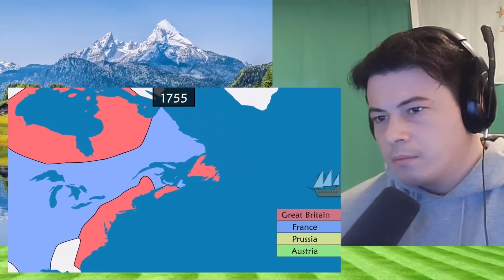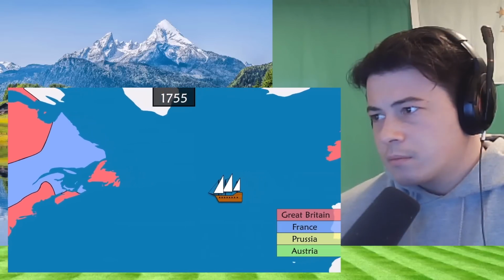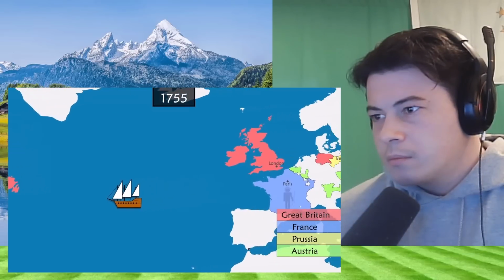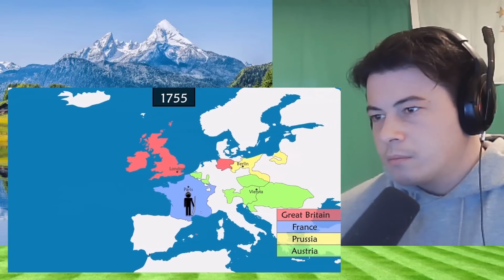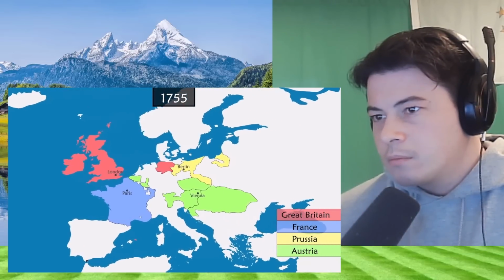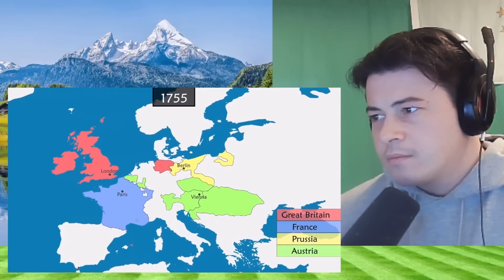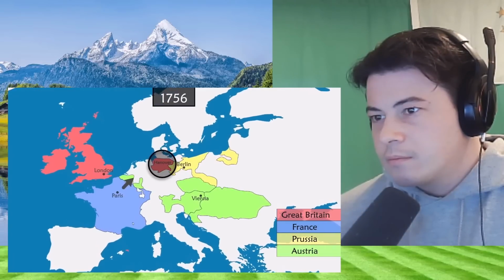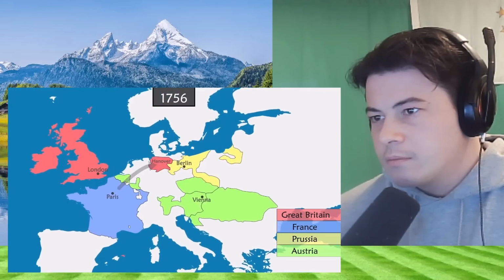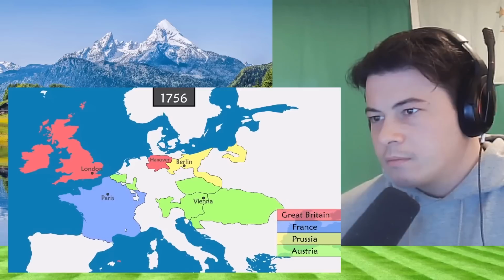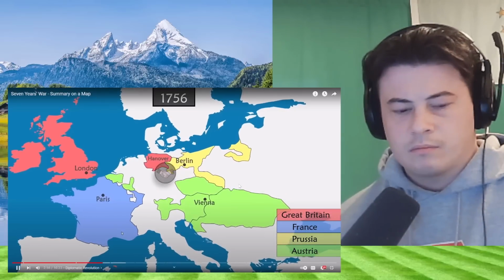From a military point of view, Britain dominates the seas and oceans with its powerful Royal Navy, while the French army is deemed stronger. George II, King of Great Britain and Prince-Elector of Hanover, fears losing the German state in case of war. He approaches Prussia for protection and signs an alliance, upsetting the